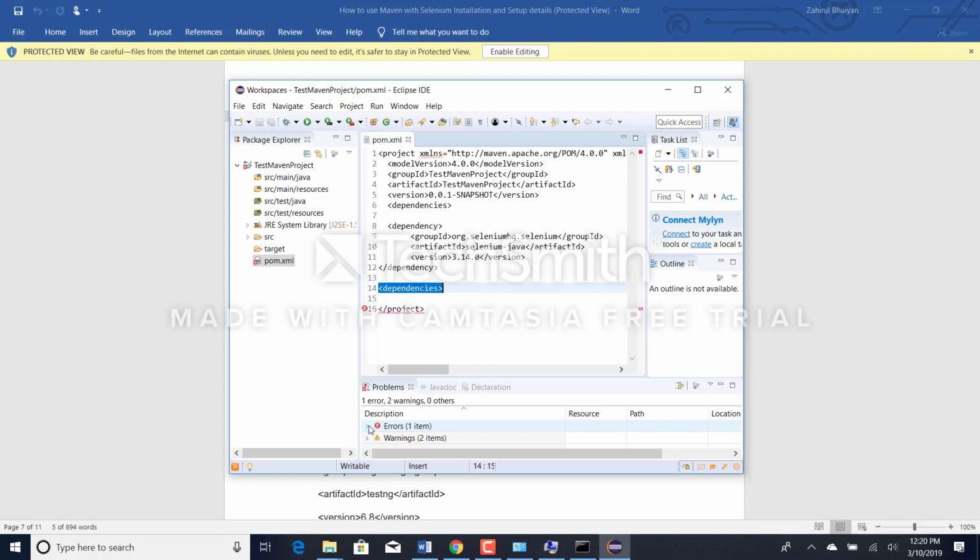Okay, so it is complaining. Oh, I'll have to put this slash. Now if you save it, hopefully this error will be gone. Yeah, it's gone. Now what I'm saying, my test can be dependent on, can you see it is now building